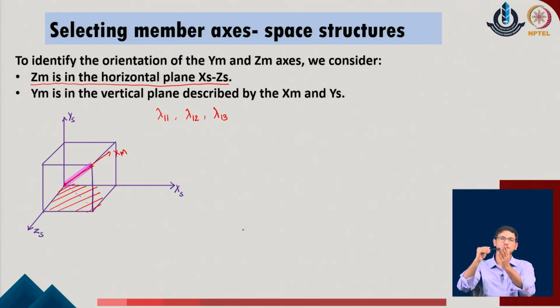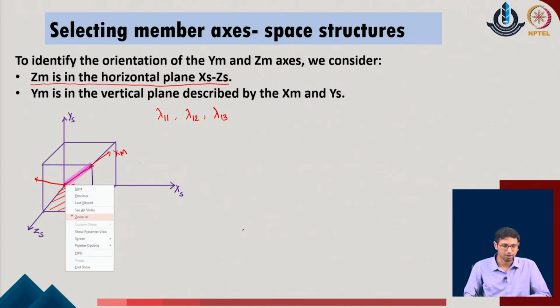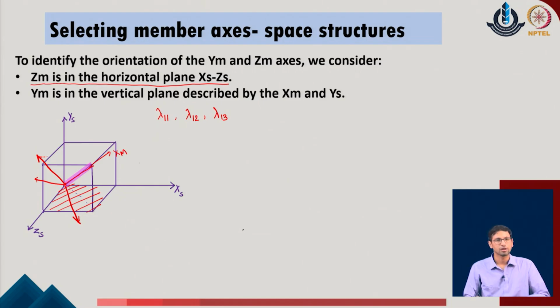But now, if the cross section is not fixed for you, you can keep it with respect to any orientation. The member z axis could somewhere be in this plane also. The member z axis could be located along this plane also. The member z axis could also be located somewhere in some different planes of the system. And the moment we define the z axis in this manner, the normal to that we can just bring the axis y m in the given system, right. But so there comes the main choice, that how do we specify where the axis z should be lying on the given system. So, with this point in mind, what we consider the first assumption.